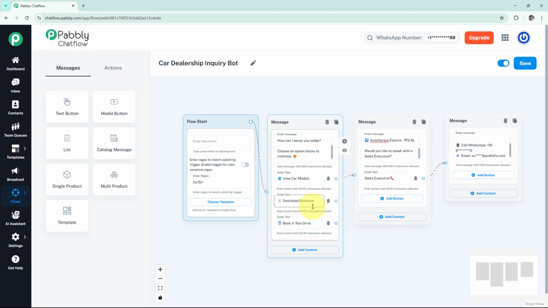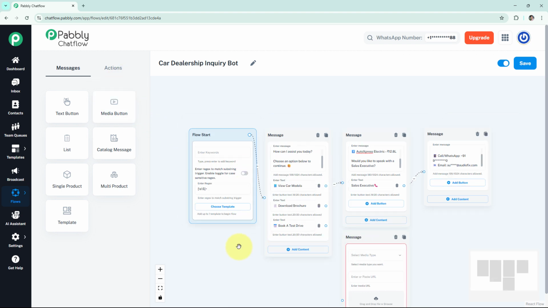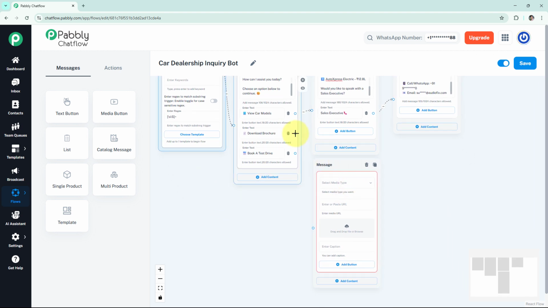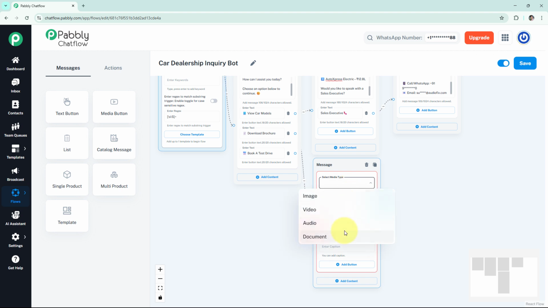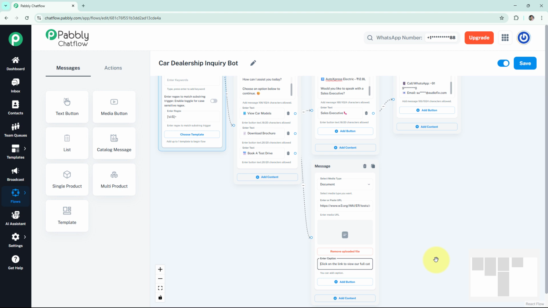So to create a response for this, I'm going to add media button. And then we are going to link this quick reply with our media button, and here I'm going to select the media type as document. And here we can paste the URL of our downloadable brochure, and automatically your document will appear here. And here I'm going to write a caption. Here I've added, click on the link to view our full catalog and want me to connect you to our support team now. And here again we are going to add support executive's number,